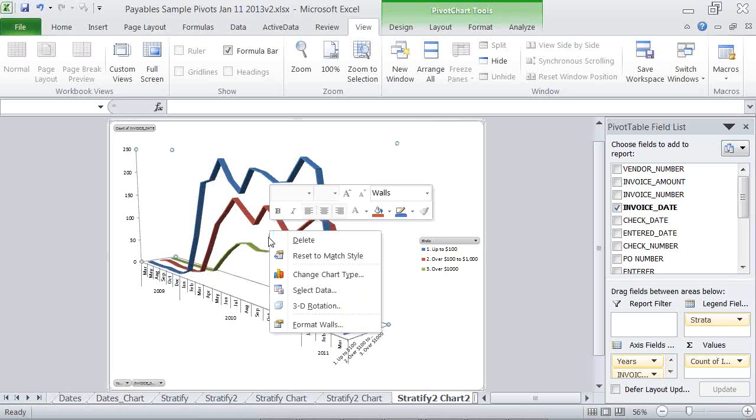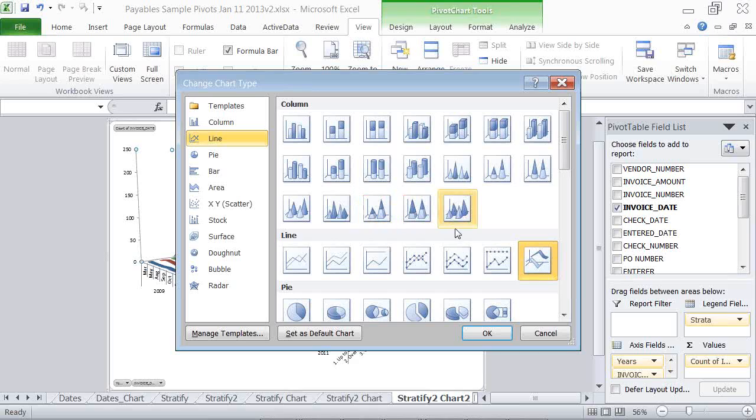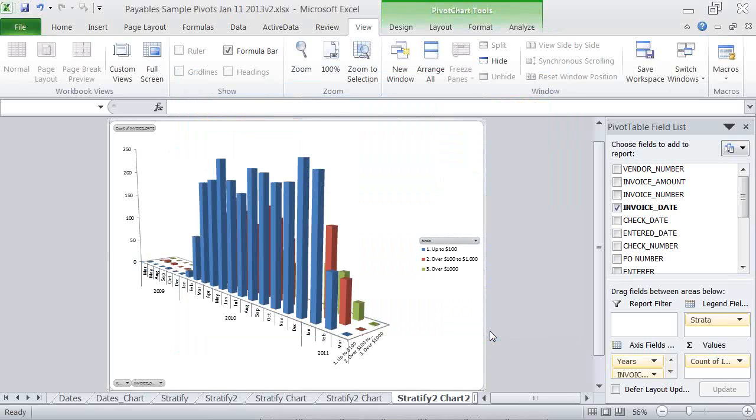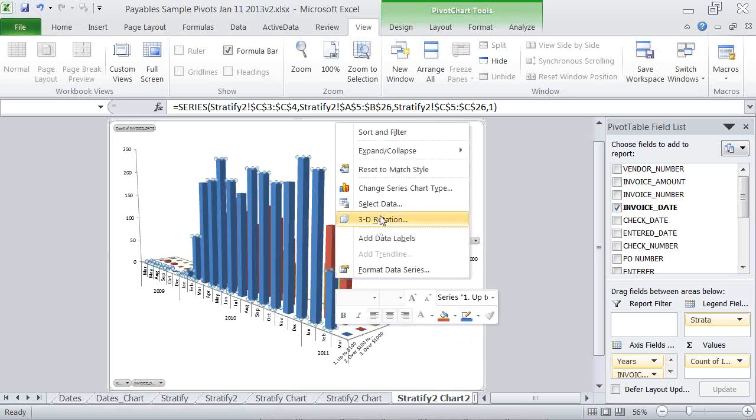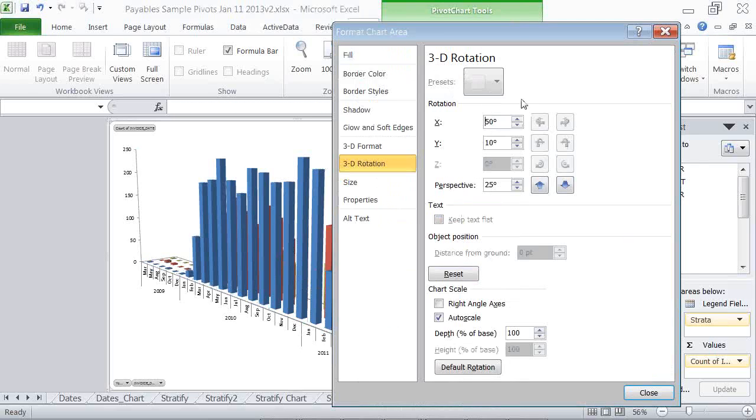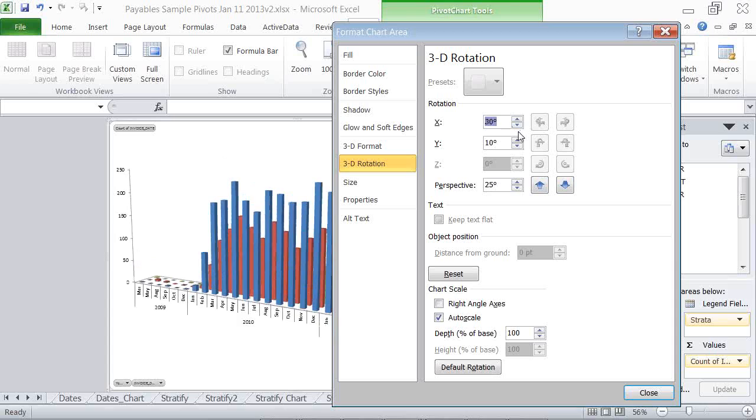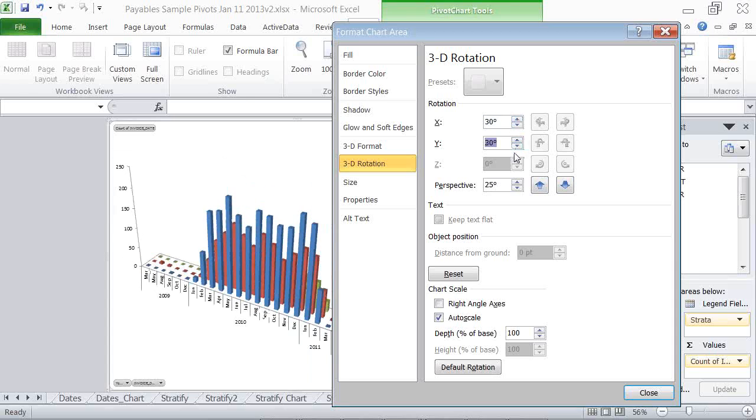And I think the type of graph matters, so playing around with it a bit, right-clicking on data and changing chart type. Really, I'm just truly playing around here. Okay, so this is an interesting skyscraper approach to looking at things. It's hard to see some of the things back there, so by right-clicking and choosing 3D rotation, you can bring that more in line to focus.